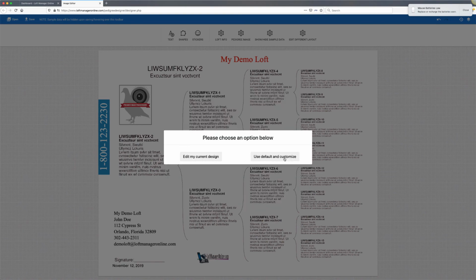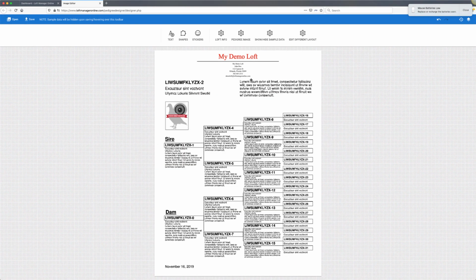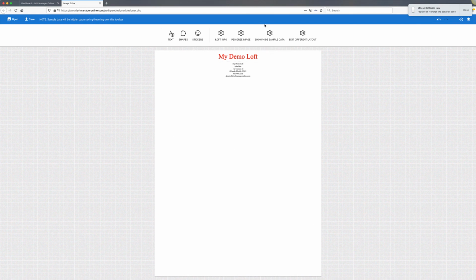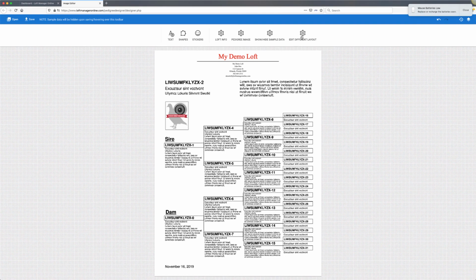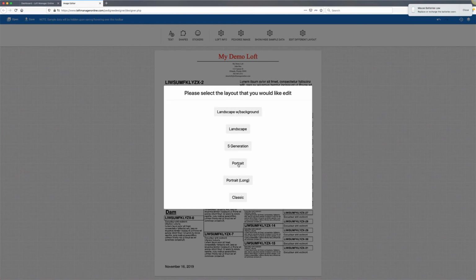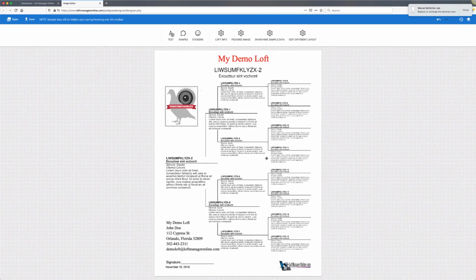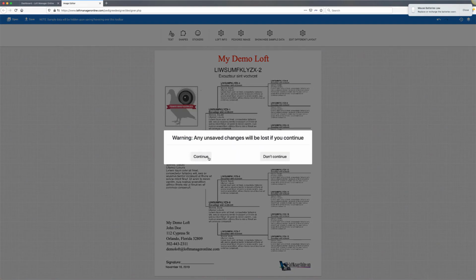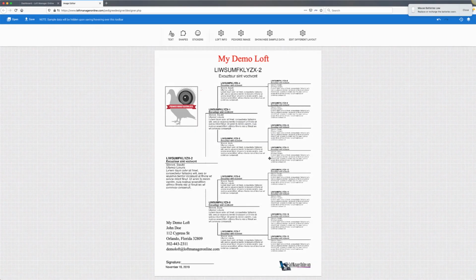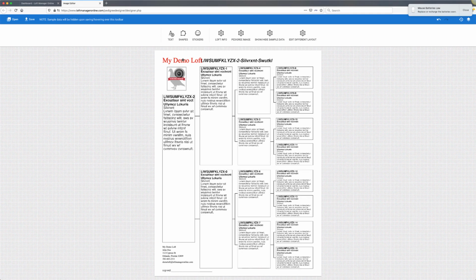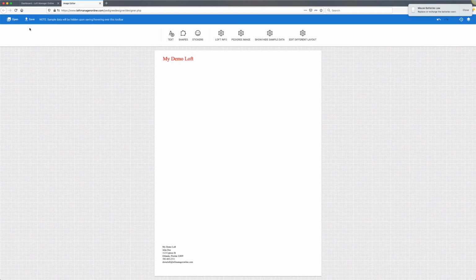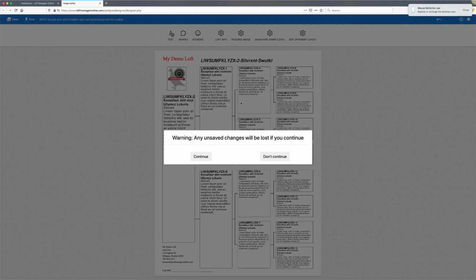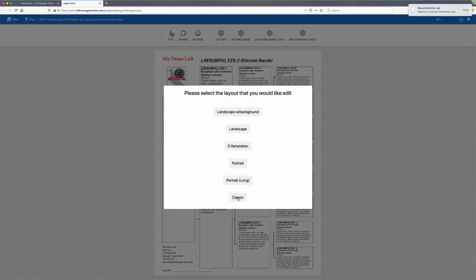Right, you've got 5 generation. Right, so again, you can show or hide your sample data here just by clicking on this option. Let's go into a different one. Show you the portrait. Here's portrait, and again, you can see the sample data. Let's go into another one, portrait long. It's portrait long, so resize that sort of thing. Let's go into another one, classic,